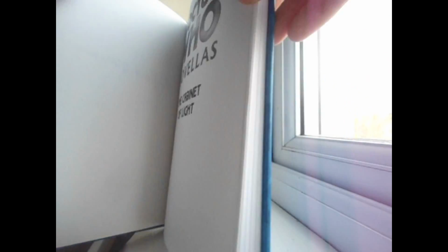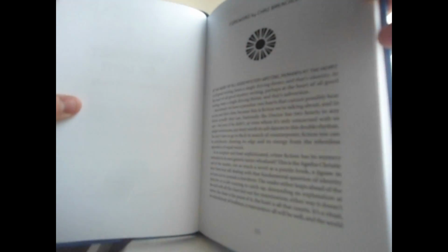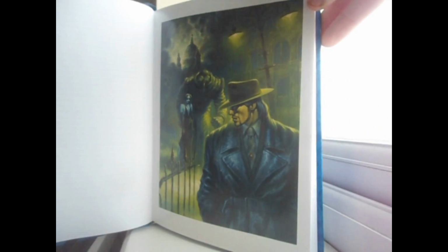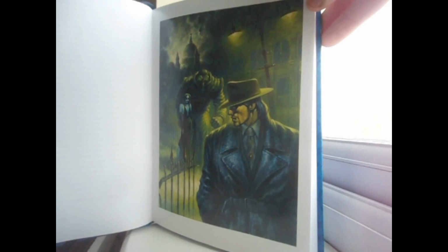Doctor Who novellas, The Cabinet of Light, Daniel O'Mahony, telos.co.uk, various copyright info. The Cabinet of Light, Daniel O'Mahony. A foreword by Chaz Brenchley, who I'm thinking might be one of these autographs here. And then directly after the foreword, we have a piece of wonderful concept artwork which depicts a very dank and gloomy